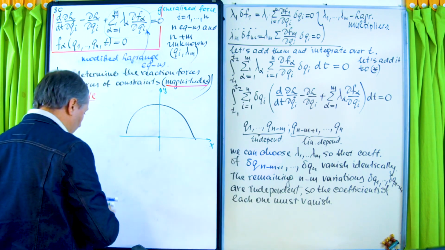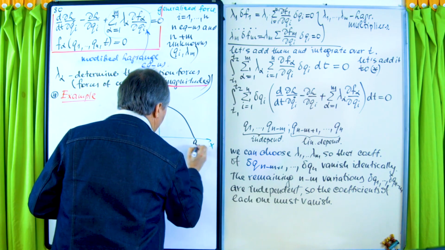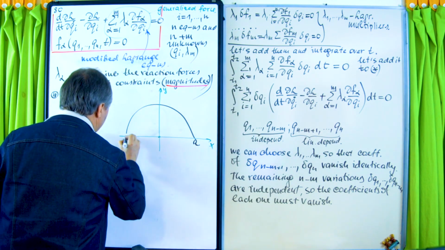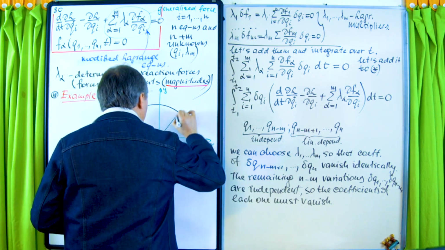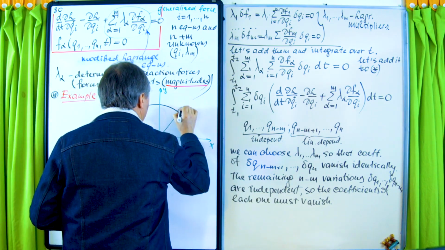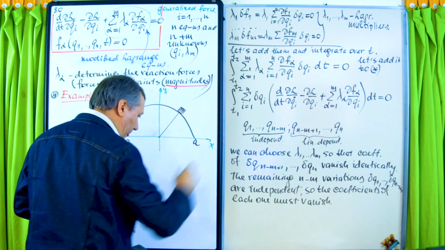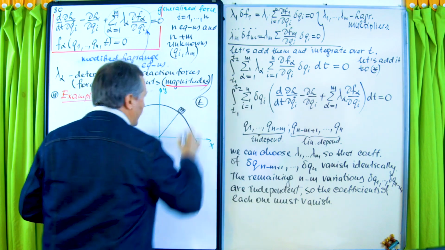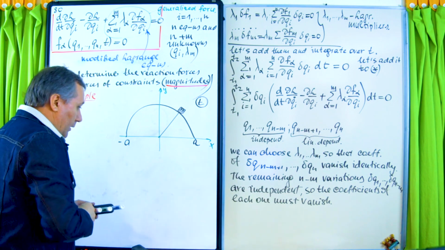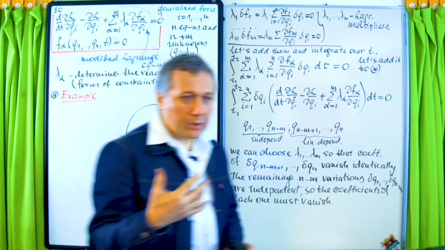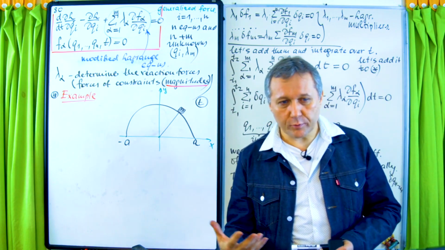Then the radius is A, so this point is A, this point is minus A. Then there is some position of the point of this spark at some arbitrary moment of time t. Okay, let's say it's at the moment of time t. So it's there. And again, if you use a standard Lagrange equation, standard approach, of course, in this case,